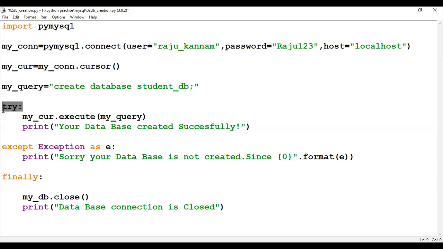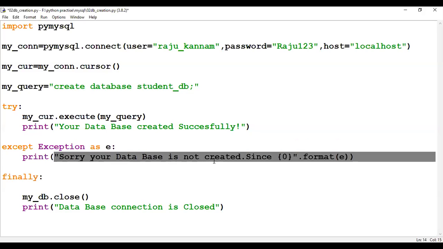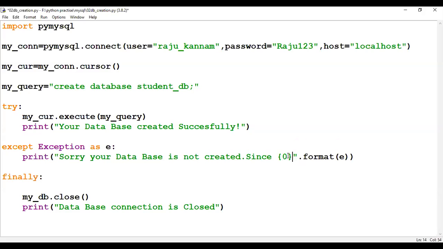Always when you are working with a database or files, it is better to put your code in try and except blocks, because those may generate runtime errors. If any error arises here, then we'll say sorry, your database is not created, and the reason is the error message we are printing, e.